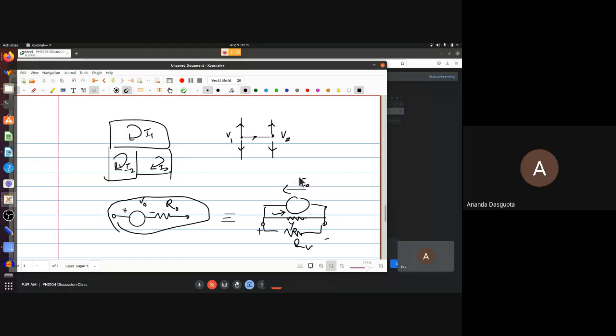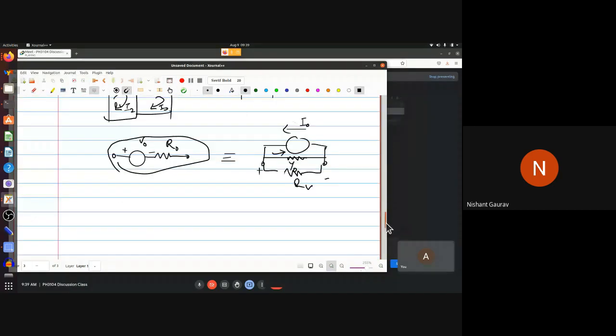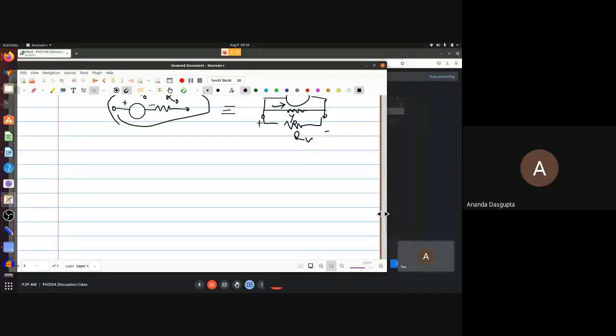Yeah, go ahead. So why do we need to take a small current due to the impedance? I mean, sorry, I didn't get you. Why do we need it in the current source? Why do we need to take the current to the impedance? I mean, if there is no such impedance, then all the current will go through the external resistance. If there is no such impedance, then all the current will go to the output, right? So why do we need that impedance? Is that your question?